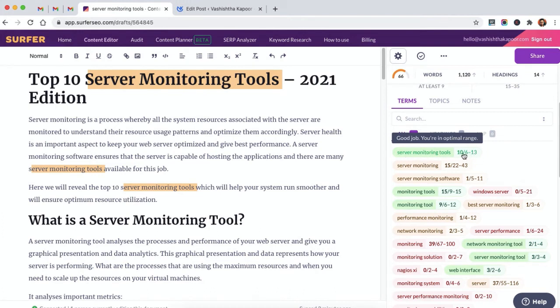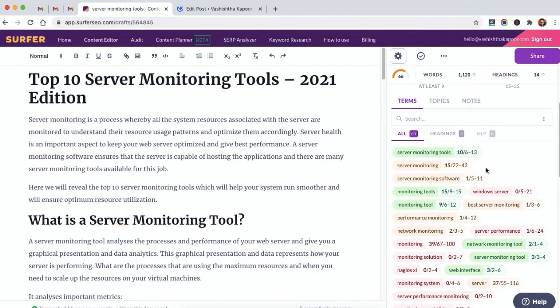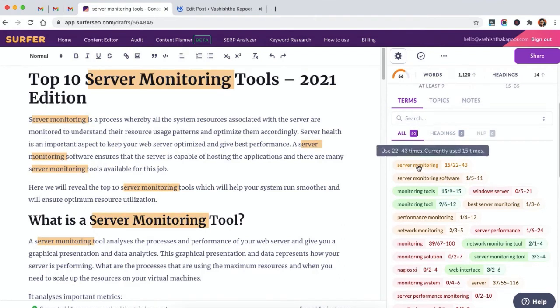I have already added it 10 times. So it says it's very well done and it's green. Sometimes I need to add more frequencies of a particular term like server monitoring, and here it is showing it in orange. So once I add this word few more times, it will also become green.